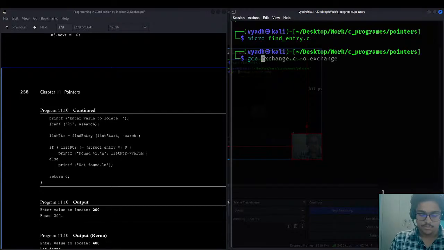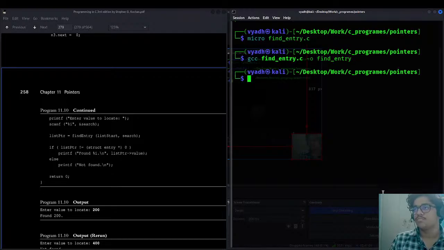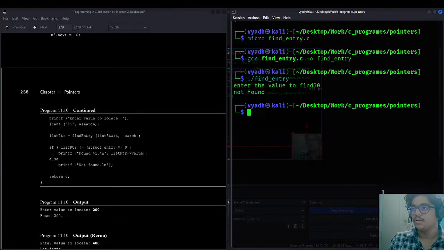So this is our last program for today's stream. Entry.c, and writing the output to find. Enter the value to find. 330, not found.